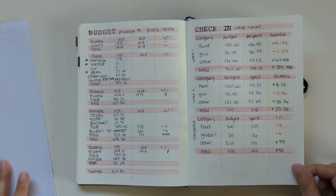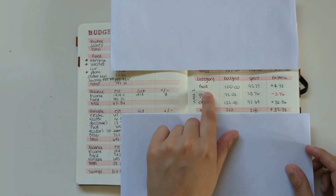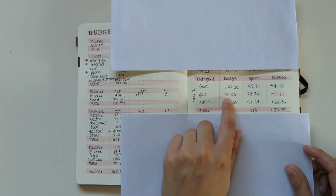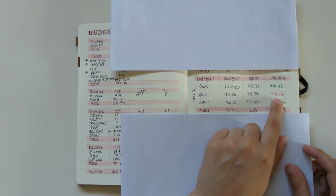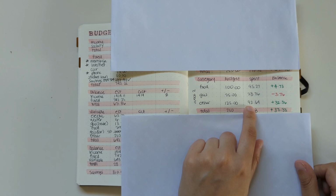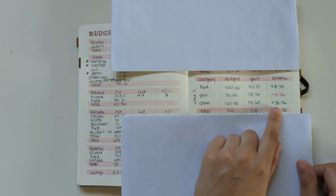So based on that, this is how that week went overall. For the category of food, I budgeted $100. I spent $95.27. I had a balance of $4.73 left over. In gas, I budgeted $25 for my car. I ended up spending $28.76, and that means I went $3.76 over. In the other category, I budgeted $125 and I ended up spending $92.64, and I still had